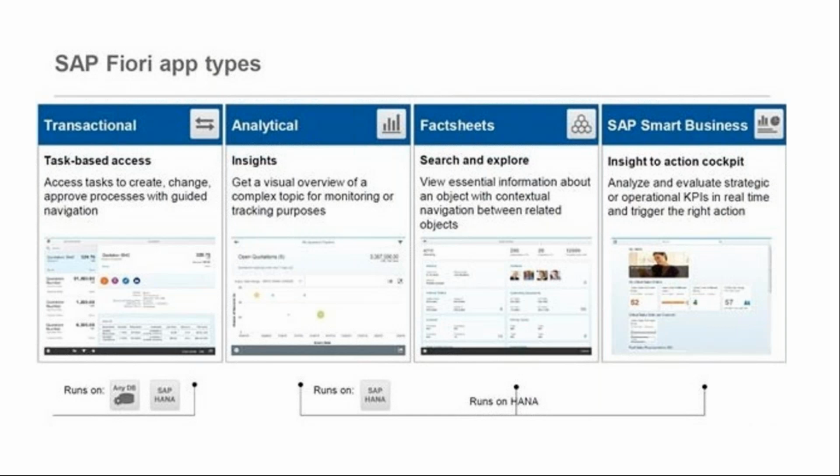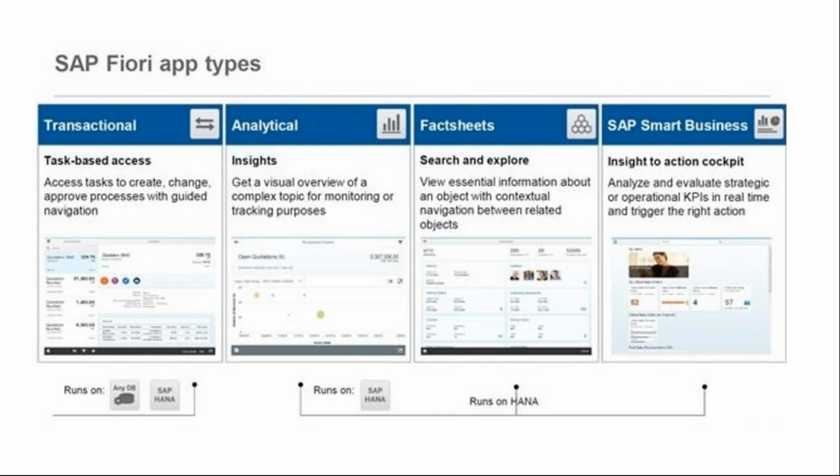Then coming to my fact sheets. Fact sheets are basically how you move from one transaction to the other transaction. Those are called fact sheets. Basically, you need not toggle on multiple T codes. It's one single transaction where you can lead. For example, you open a sales order. From there, you can go to change sales order, or you can go to anything related to the document flow of the sales order. Everything can be tracked in one shot with one single click.